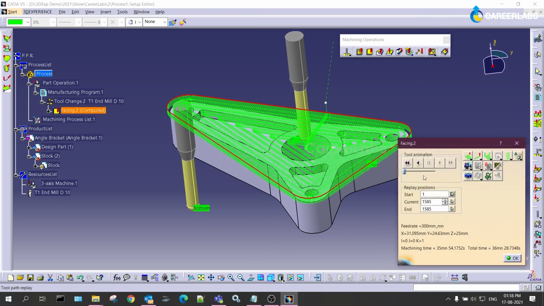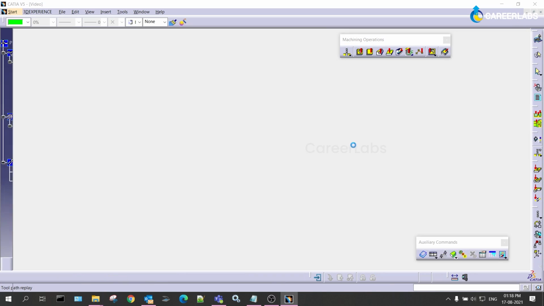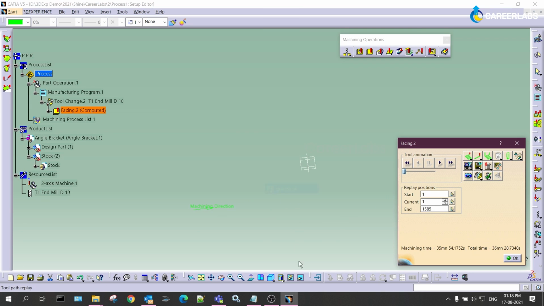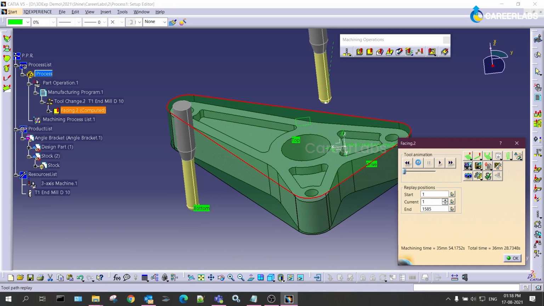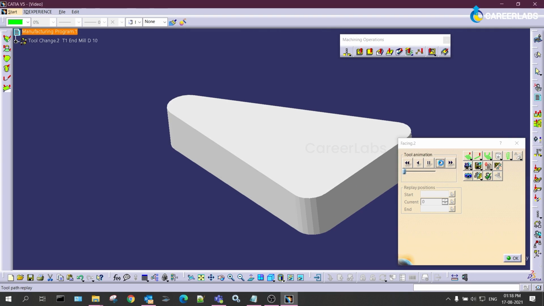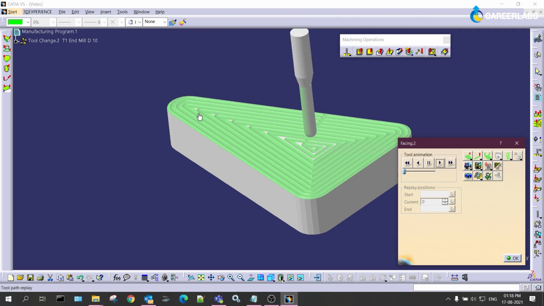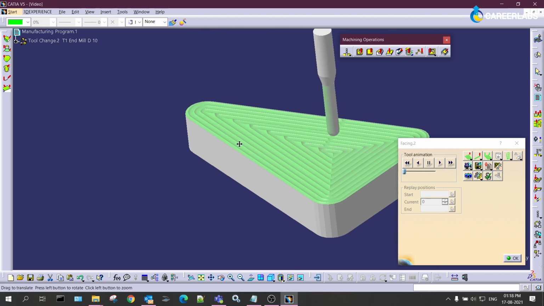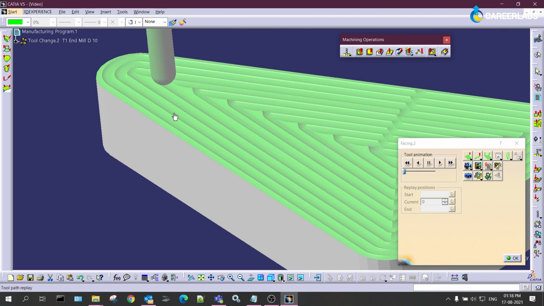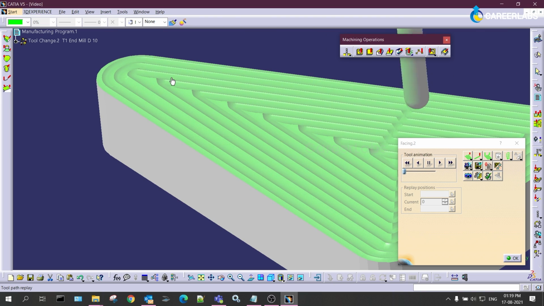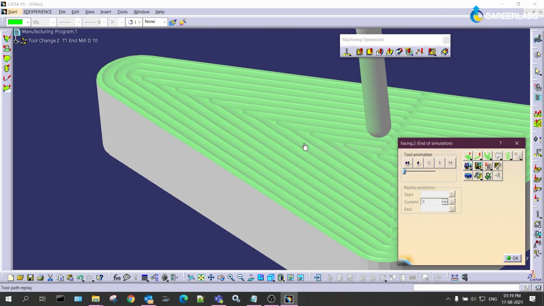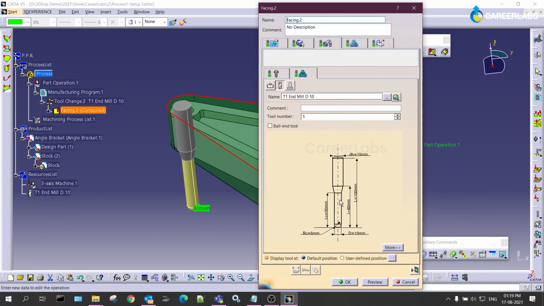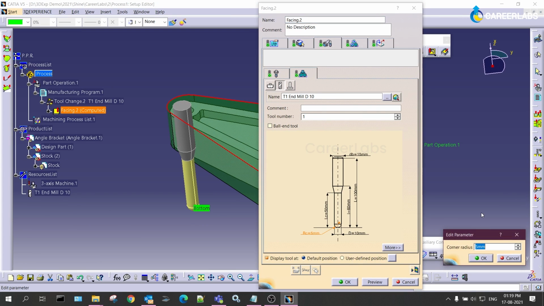If you observe here, for each operation, as per the 50% we have given, there is an overlap. There is not a proper overlap happening between one tool path and another tool path. So we always have to make sure that the tool is flat enough when we are doing the operations with respect to facing.